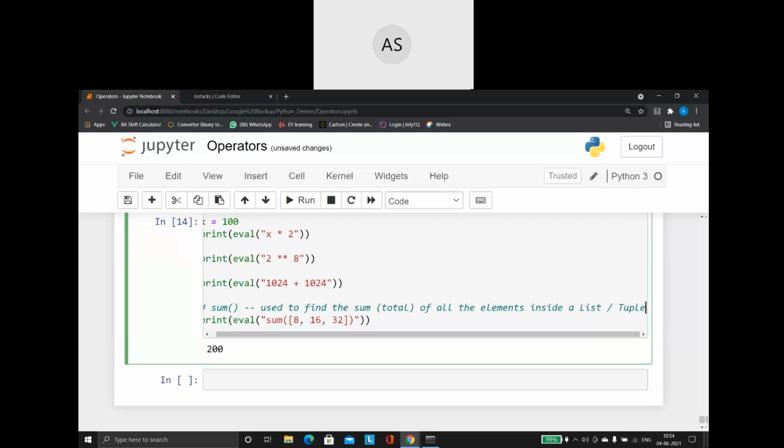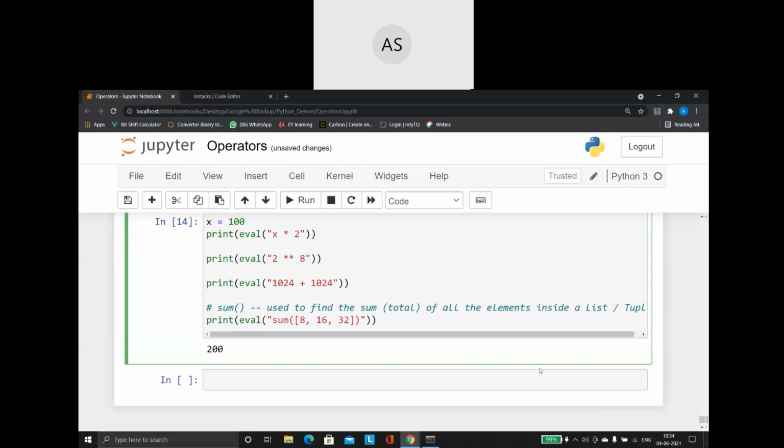So this is a common function. You can use this function for a list also. You can use the sum function for a tuple also. So what is the purpose of it? It is used to find the sum of all the numbers. So inside the list, if I'm having some 10 numbers, and I want to find the sum total of all the 10 numbers, for that they have given me one predefined function which is called sum.